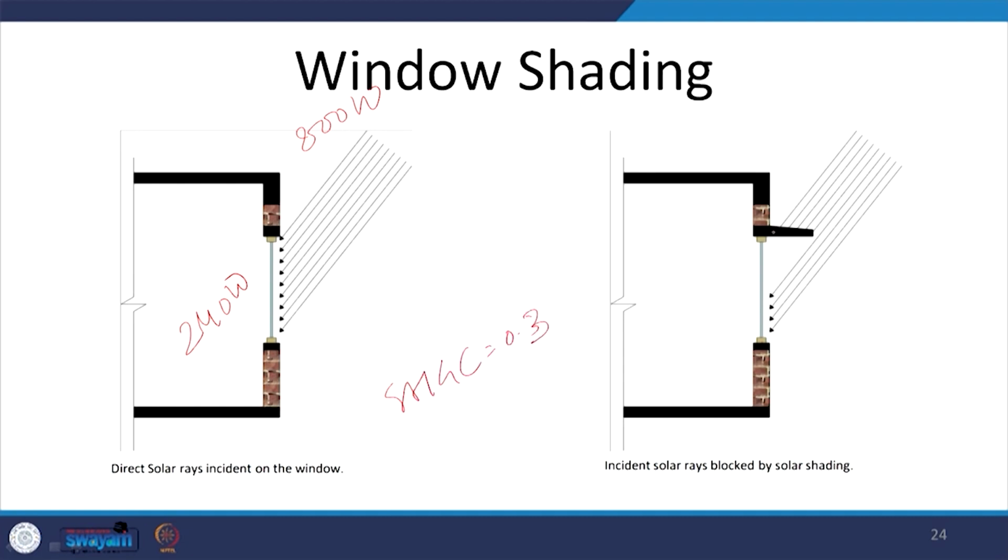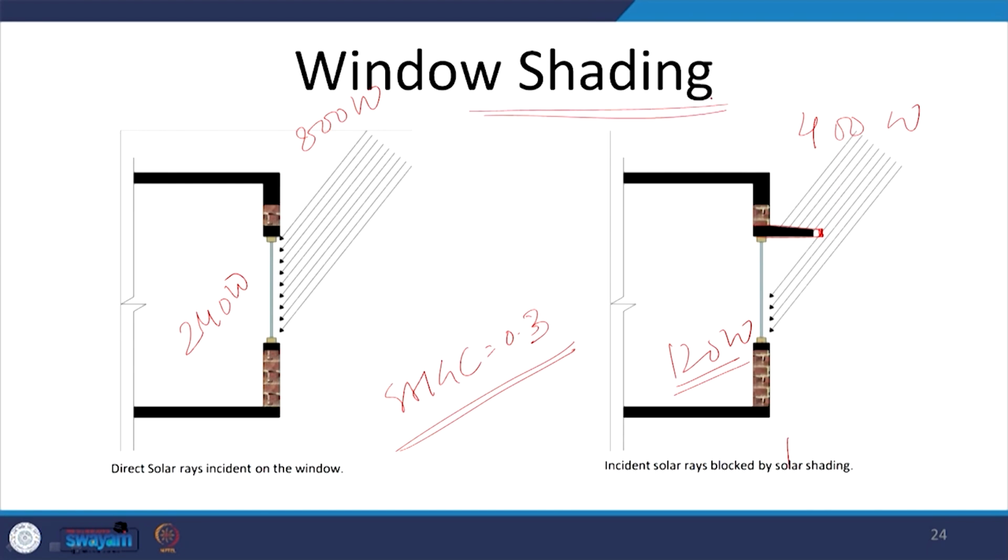If I do not change the glass property here, if I just introduce a shade, almost 50% of this solar incident radiation is cut off with the help of this shading. So, it is only 400 watts, of which around 120 watts will be transmitted inside if we do not even change the property of the glass. So, here we see that when we are talking about the window design, the fenestration design, window shading is an